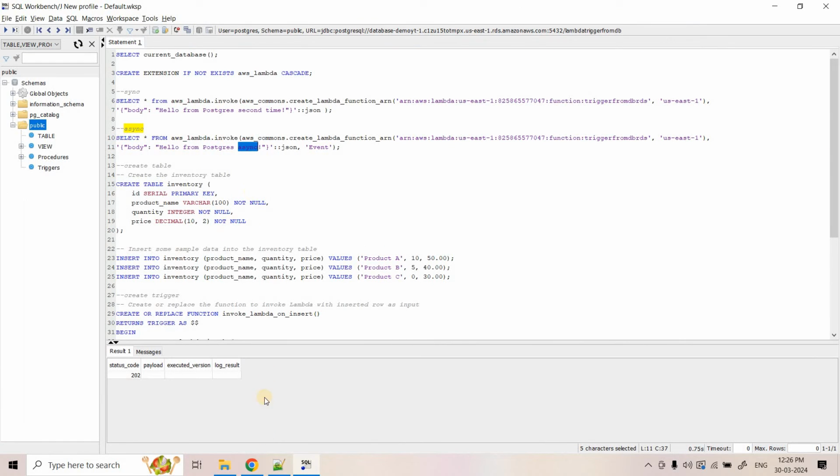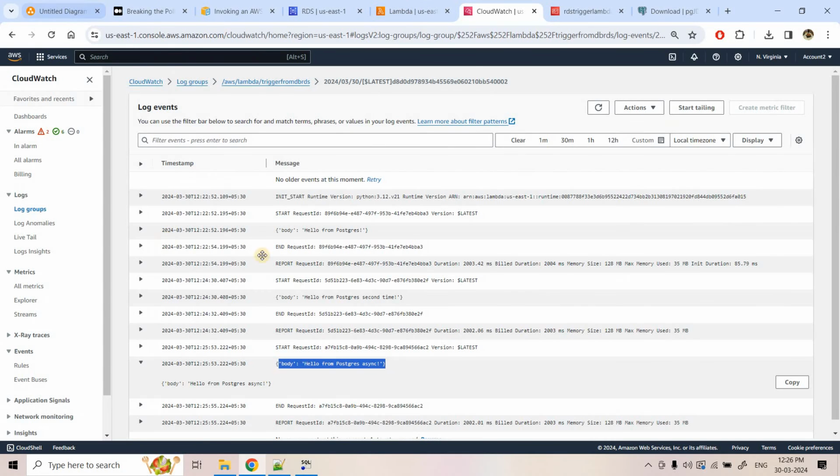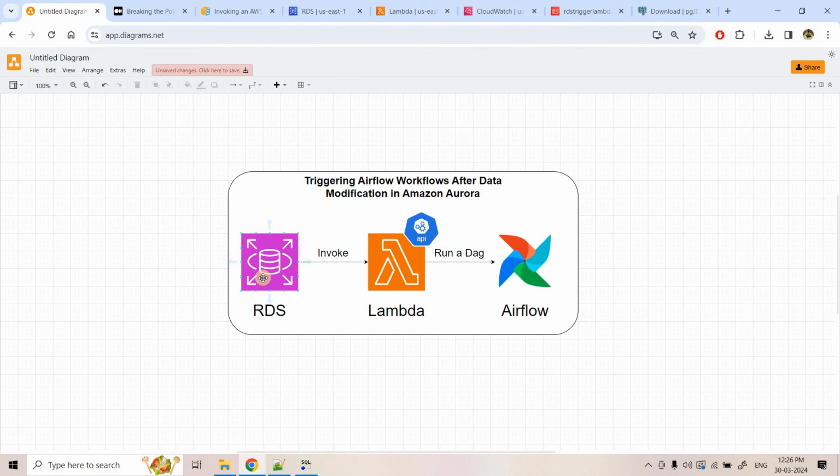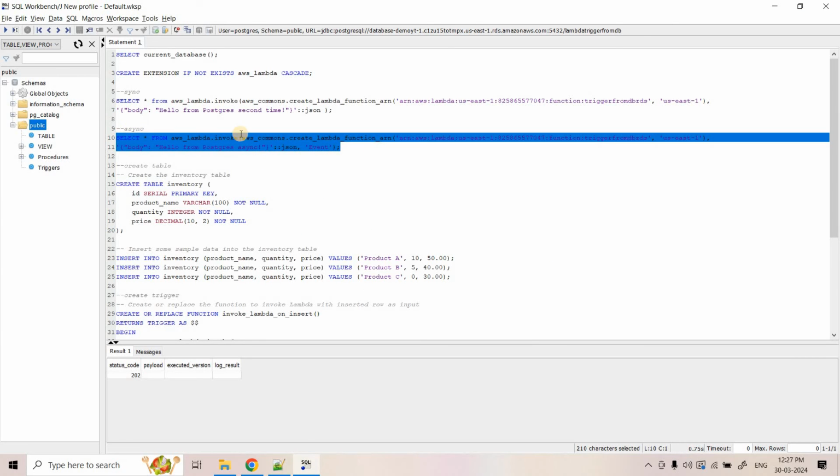Okay. Now coming back to our requirement: the requirement was that whenever in our RDS table some data is inserted by the developer team, data analyst team or business analyst team, our DAG should be running. That means based on the user's insert query, our Lambda function should be triggered, and then it can trigger Airflow or any other system, right? So how to do that? In any table, as soon as some insert, update or delete query is executed, if we want to do a certain job, and here the job is to execute this kind of query,